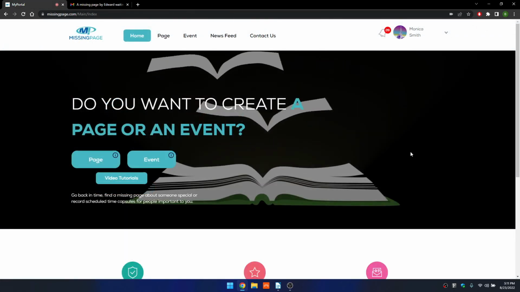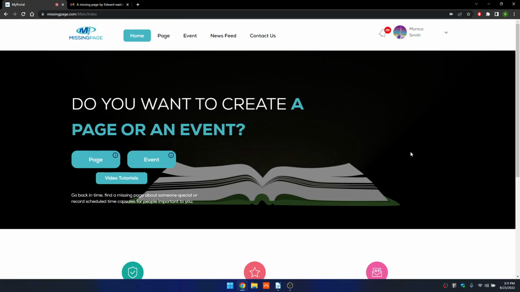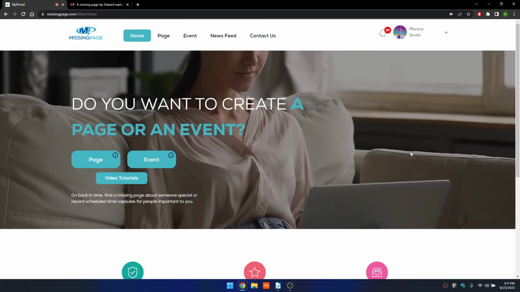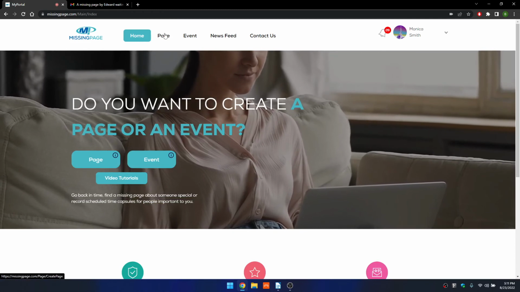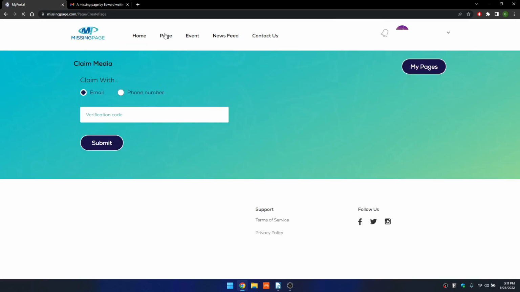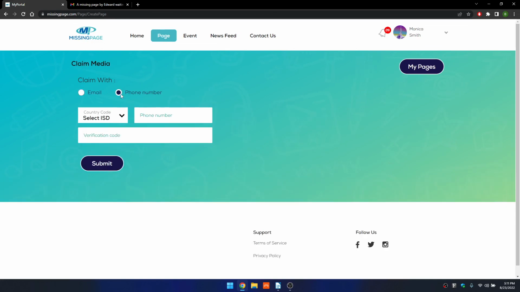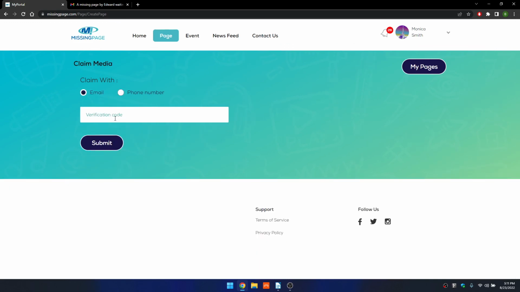The recipient is then required to create an account at missingpage.com, and once logged in, click on the Page button at the top of the website. Here, the recipient has the option to enter the claim code, and the website will validate against the email address. If no email, but only a phone number, has been given during the creation of the page, the recipient has the option to validate against the phone number. Let's come back to the email option, enter our claim code,